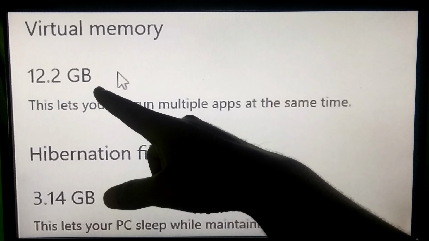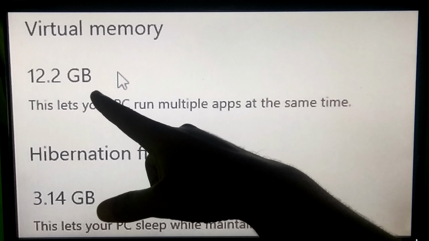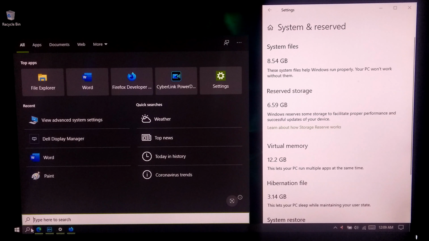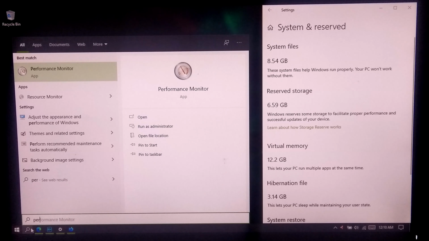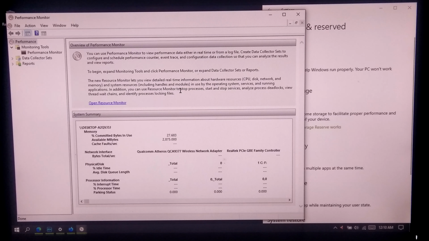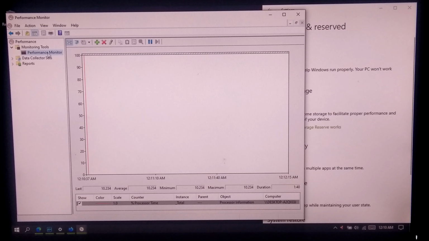Also, you can check virtual memory activity status from Performance Monitor. At first, go to the Windows search box and search for Performance Monitor. Now click on Performance Monitor under Monitoring Tools. Click on the green Add button.